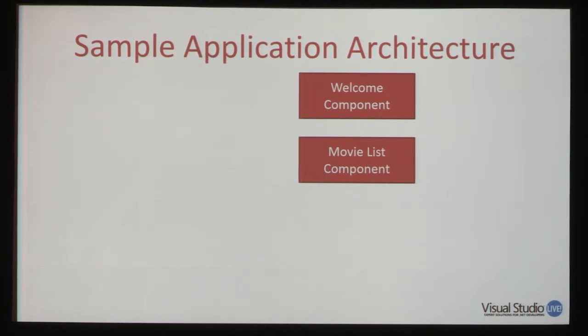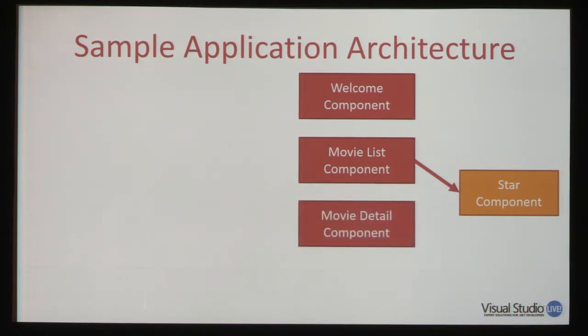All right. We probably also want a movie list component, right? That displays that movie list page, and it's going to have its HTML, and we're going to have that view model kind of class behind it that's going to know how to provide the movie data. We also, in there, want to use a star component. That's the little component that knows how to convert a number into a nice, pretty star rating. And we want that to be a separate component so we can reuse it. We also want a movie detail component that is also going to reuse that star component. So those are the components that we're going to build here.